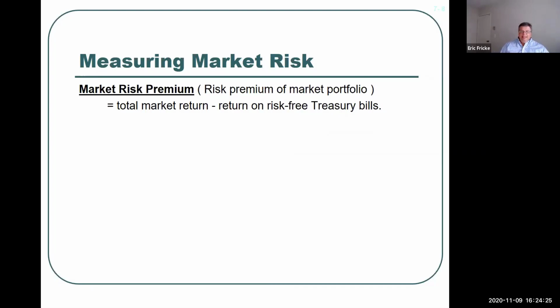So remember last class, we talked about how the total return on a stock equals the risk-free rate plus the risk premium, or the extra return, just compensating us for risk. So what I want to do now is let's change that equation around a little and solve for the risk premium. So what that means is, another way of stating it is the risk premium equals the total return minus